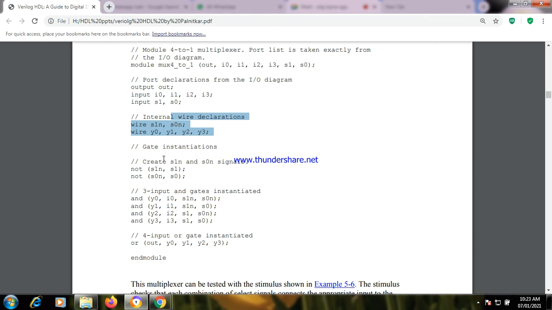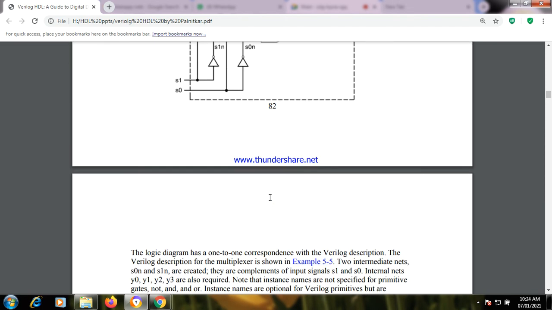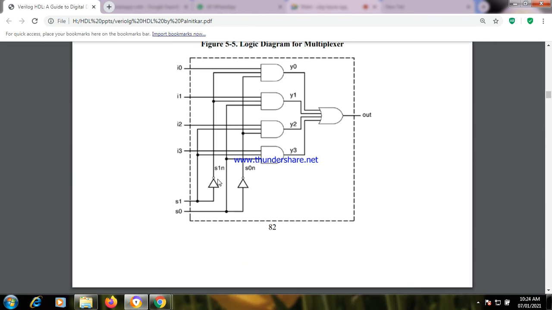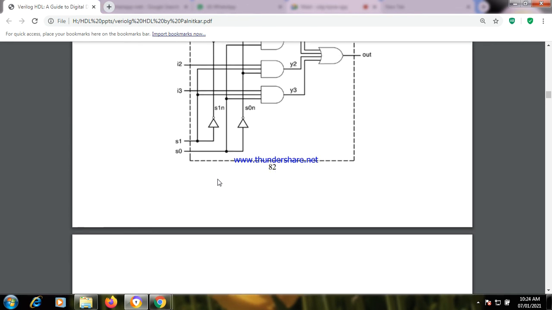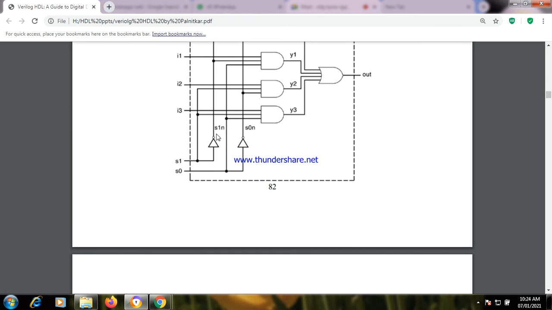Then create S1N and S0N signals. What do you mean by this? Not of S1N, S1. We are just writing the output at this point: a NOT of S1N and S1.